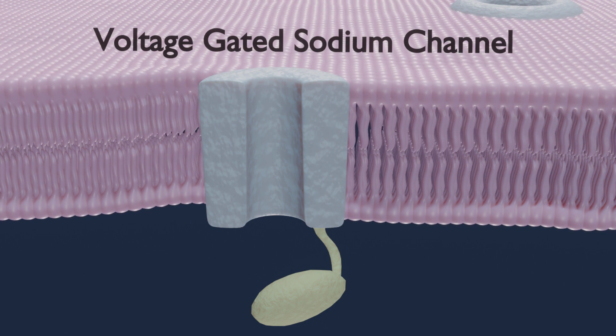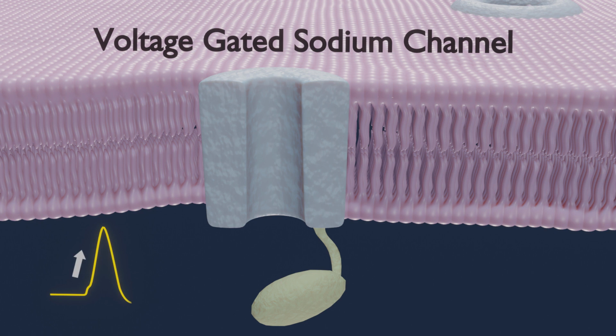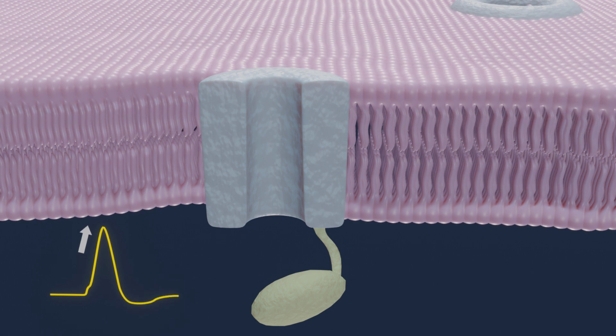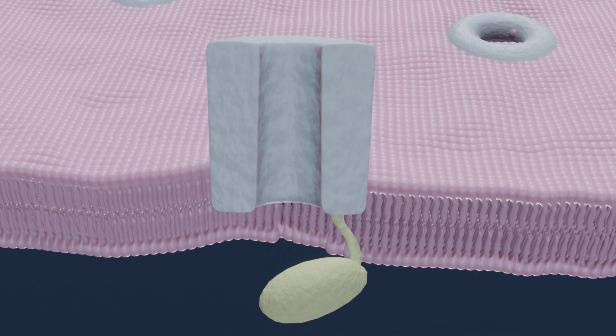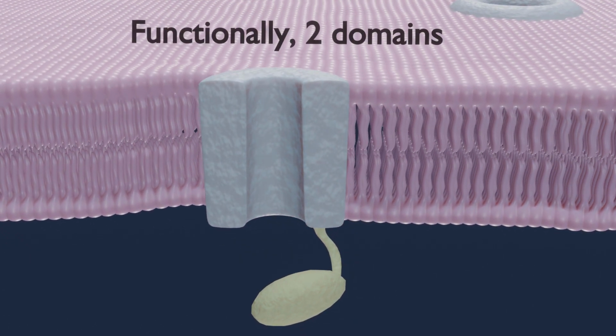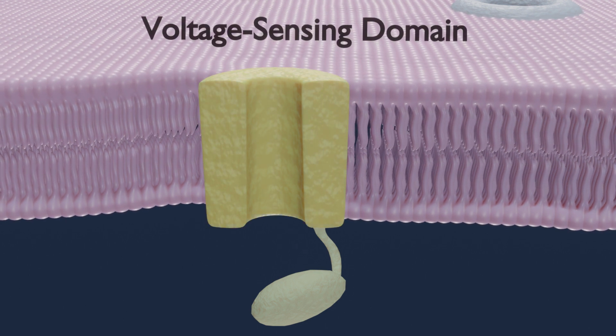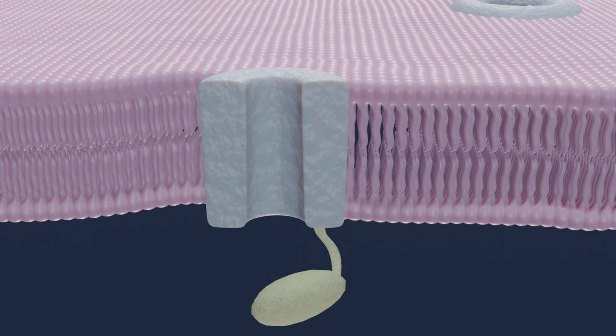Voltage-gated sodium channels play a key role in nervous conduction by driving the upstroke during an action potential. The structure of the sodium channel directly relates to its function in the cell. Functionally, the channel has two domains: a voltage-sensing domain that responds to changes in membrane polarization, and a pore domain